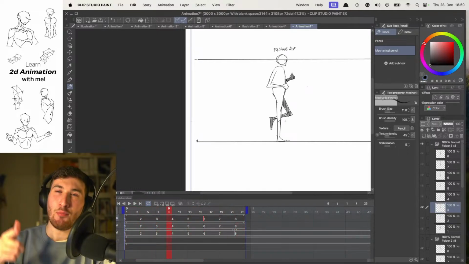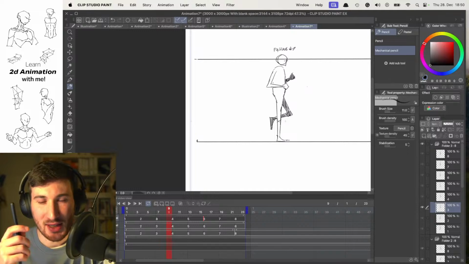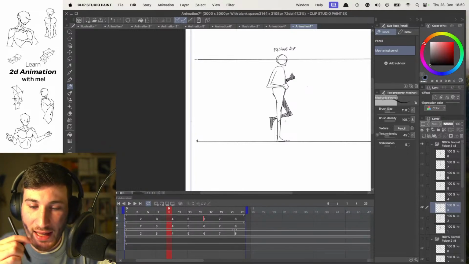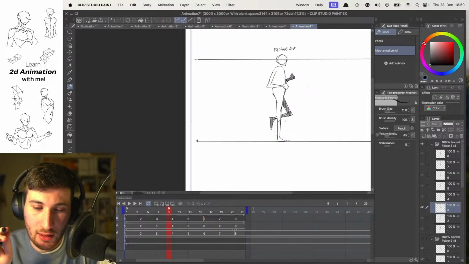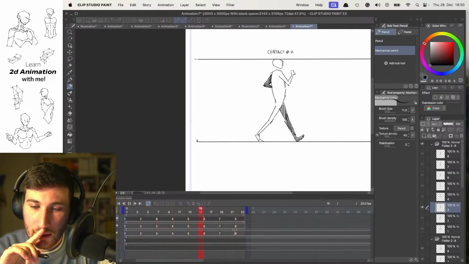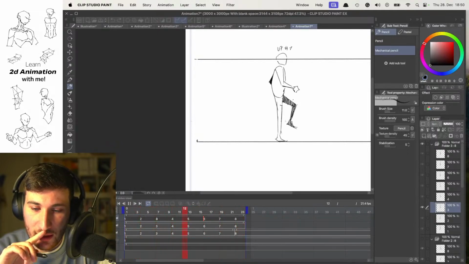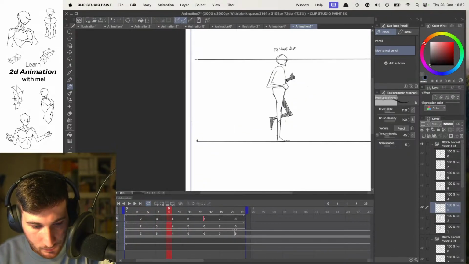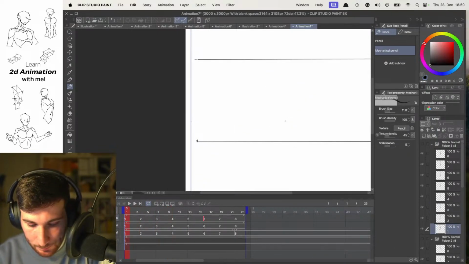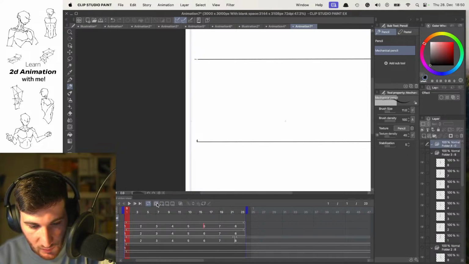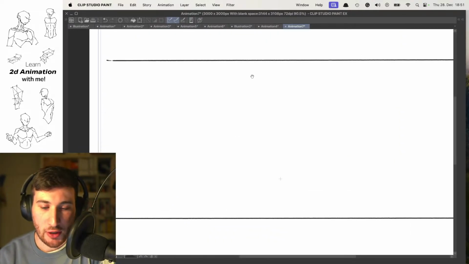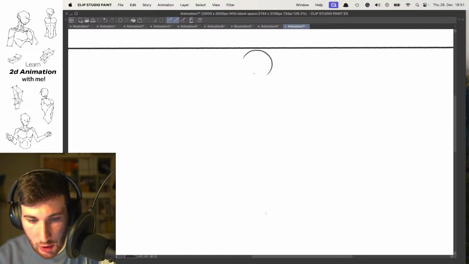Okay, let's do one more walk cycle where we push the upper body a little bit, and then I will end the stream today. I will maybe stream again later or tomorrow. I think definitely tomorrow, and continue the walk cycle practice. But let's do one more. So, again, new timeline, new frame, and it's also a refreshing feeling to start a completely new walk cycle. And again, for this one,